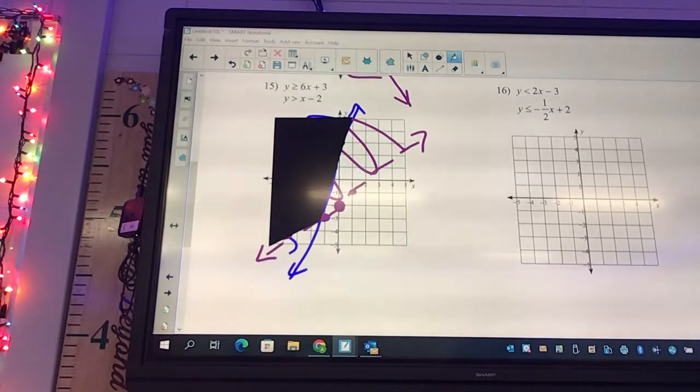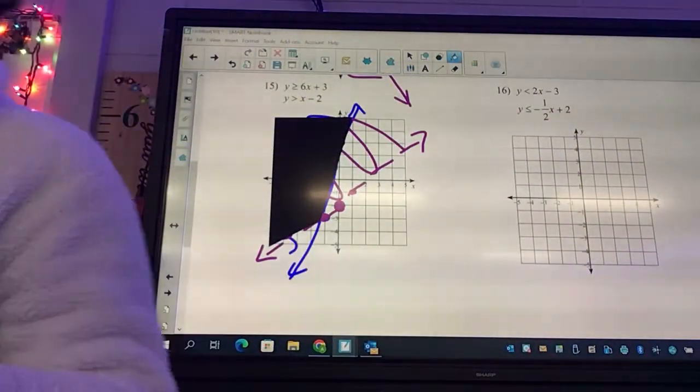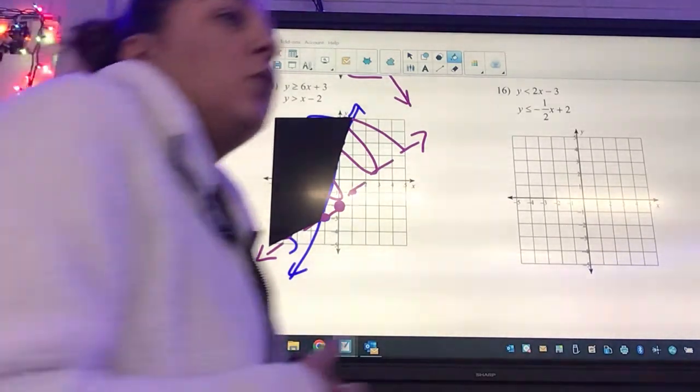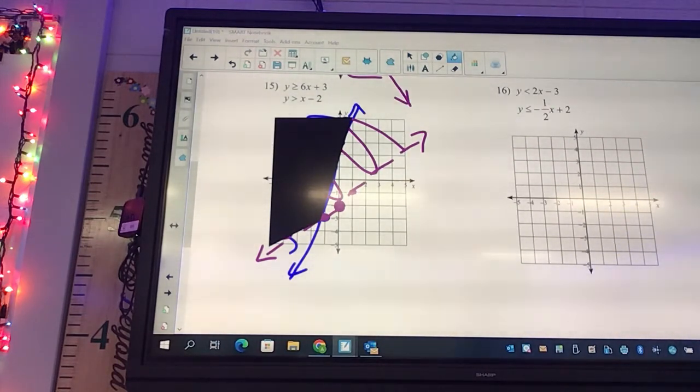You guys got 8 of them to do on your own. Get them done and then put it in the box. I would definitely practice the ones that you're struggling with. Obviously those are the ones you need to work at the most. I can promise you your test is going to have at least 1 question of each type. Not quiz, test. And then just to be perfectly clear,